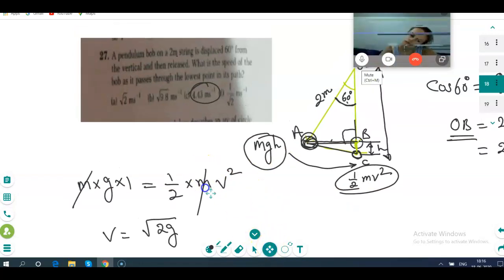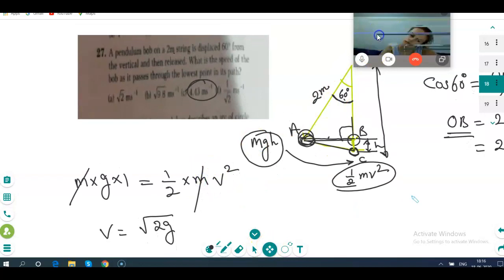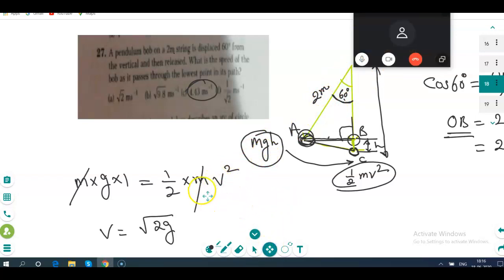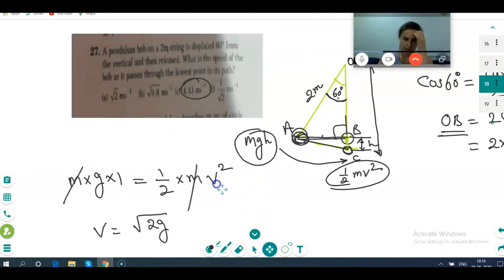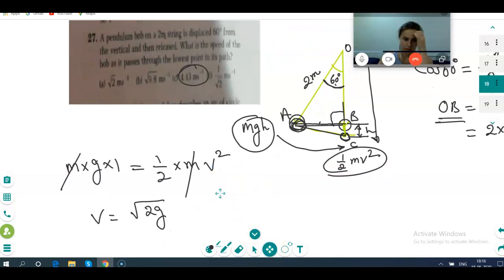Can you see my video right now? No, it is freezing. It came for one second and froze again. Oh my god. Are you using a laptop? Yes, I'm also using a laptop. I think something is off with this camera. I don't know, because the internet is very good here. Okay, I will try to see what it is.